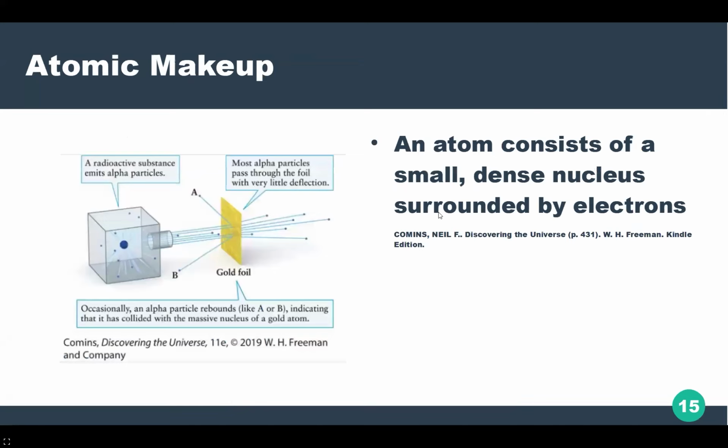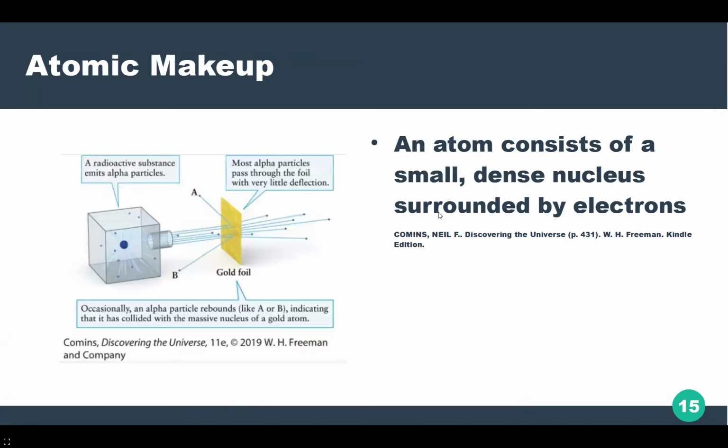So in this experiment, a radioactive substance emits alpha particles which were shot at a gold foil. What was expected was that the alpha particles would go straight through unless there was a positive charge to deflect them. And then what ended up happening is that those particles mostly went through, but there were a few that didn't go through. And this came up with the idea that there should be a small, dense nucleus which is surrounded